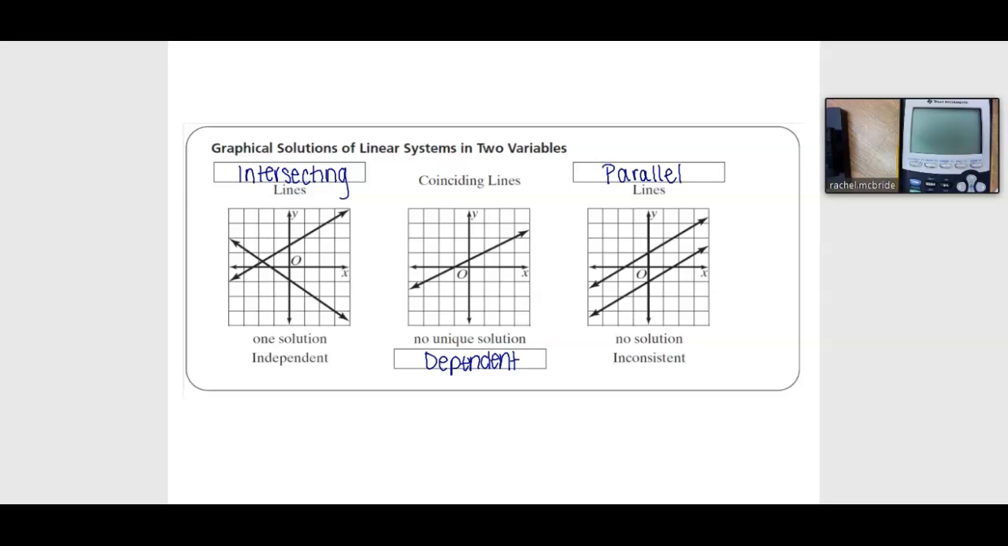We can see each of these graphed out, much like we did in the warm-up. In the warm-up, we had example A that was intersecting, example B was parallel, and example C was coinciding. And what we saw from that warm-up example is that independent lines intersect with one solution. Coinciding lines are dependent with no solution or no unique solution, which means if they don't